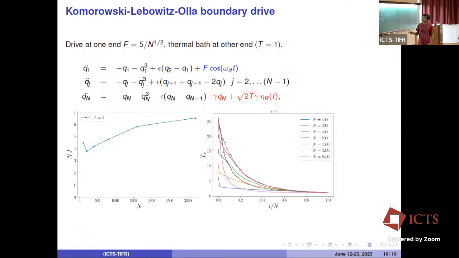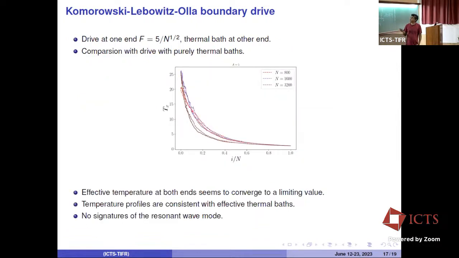And now you might ask, can this profile be reproduced by just the diffusion equation? Of course, writing the diffusion equation here is difficult because we don't really know the thermal conductivity of the Klein-Gordon chain as a function of temperature. But what you can do is another simulation with no external driving, but just heat baths at the two ends with these temperatures. And you can ask, does the temperature profile actually follow these plots? So this is what we did, and what we find is that indeed it does.